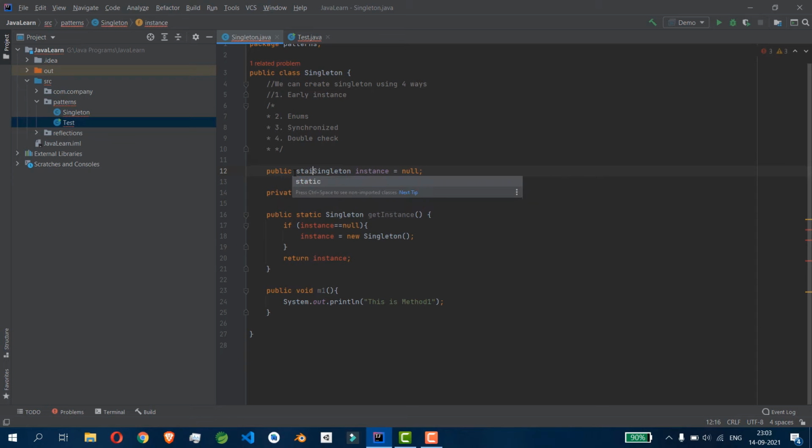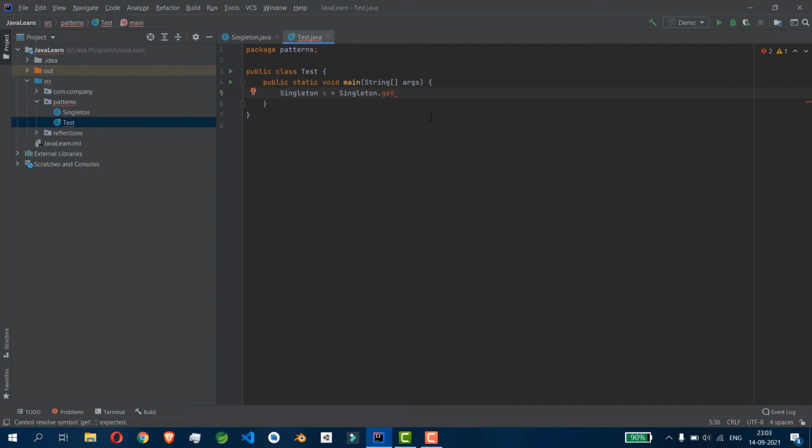Okay, now you can see that Singleton.getInstance will work for every instance, but with the same reference.